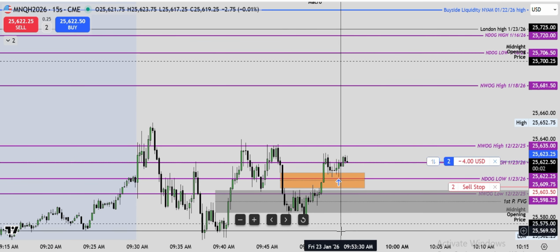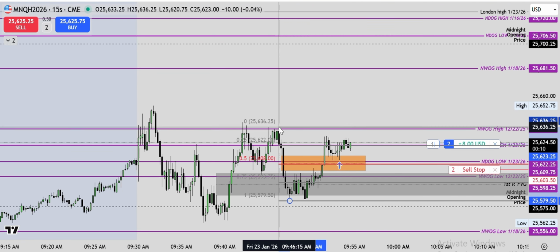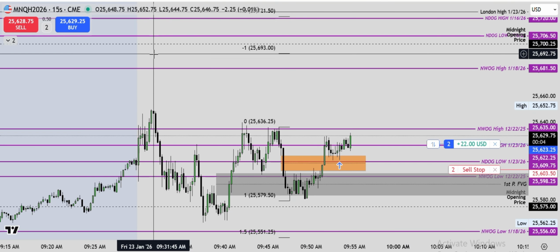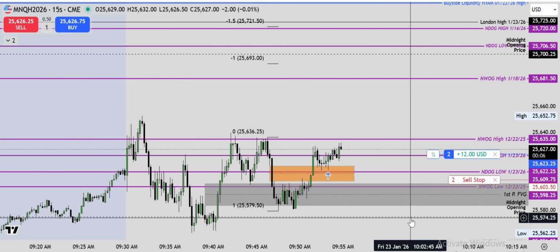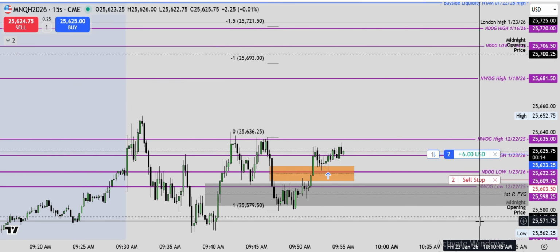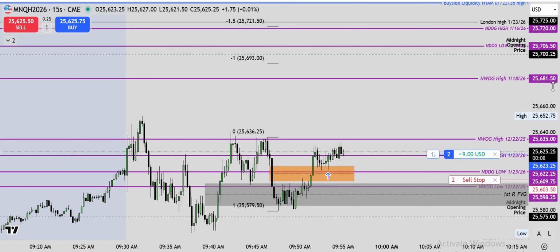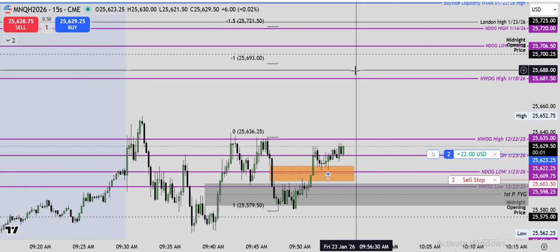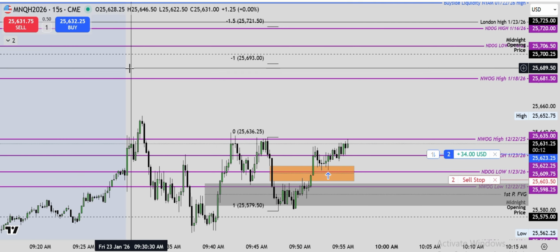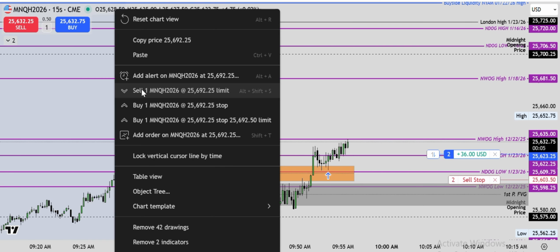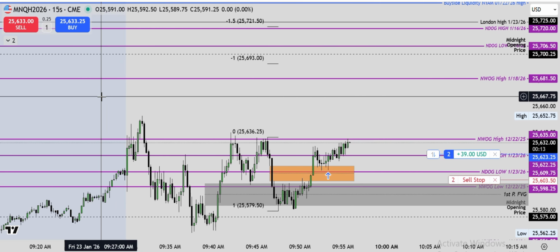a shot. So I entered on this inversion fair value gap after we had ran sell side, and also after the first presented fair value gap, we respected that. So I figured it'd be a good place to enter. I was targeting originally in my head London high, and you'll see later in the video I change it because price action kind of looks like it wants to